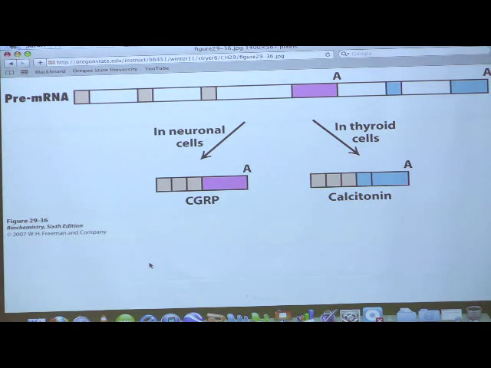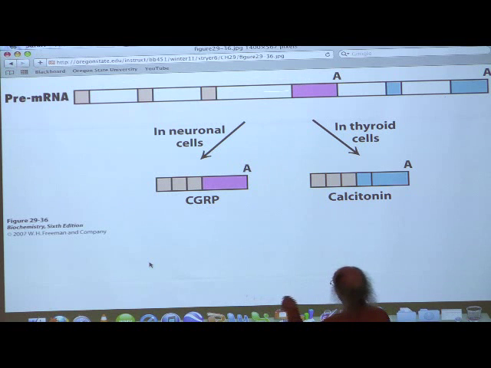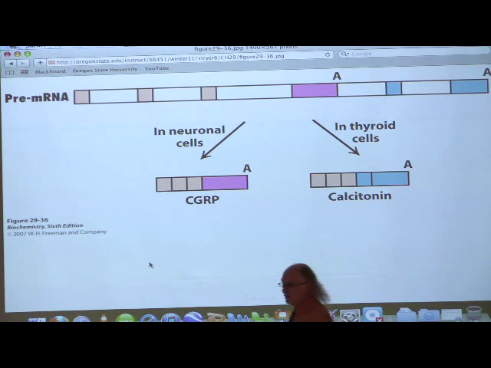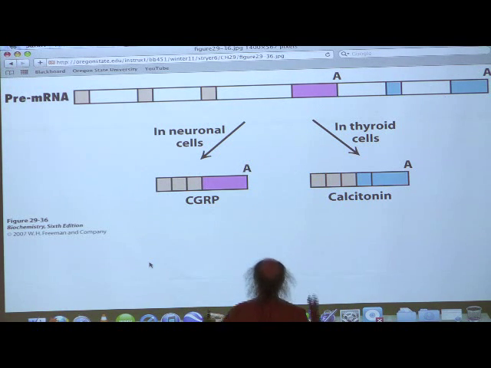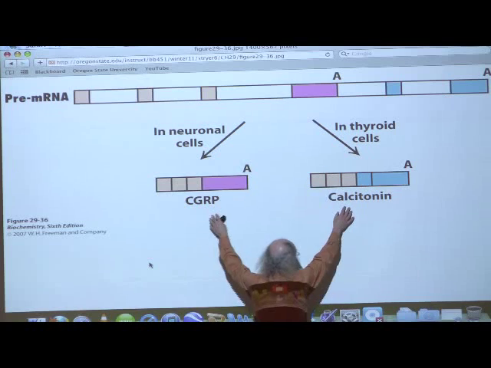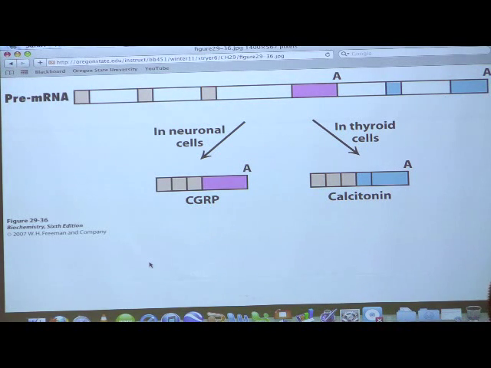Now, when I say mixing and matching, it's not like shuffling cards. Shuffling cards gets everything mixed. I would never, for example, see this guy moved up here. It's always sequential. This, this, this, and then this. I wouldn't see this inserted before an exon in the sequence. In this case, I can skip over something, so I go this, this, this, skip this, and then get these 2. But when I say shuffling, I'm still getting different combinations of those individual exons.